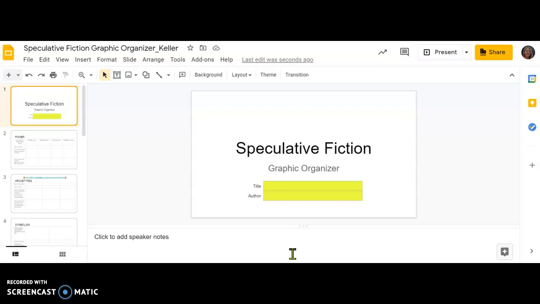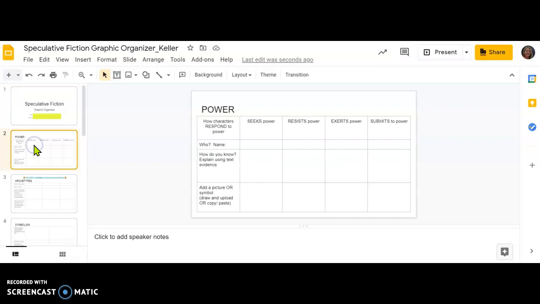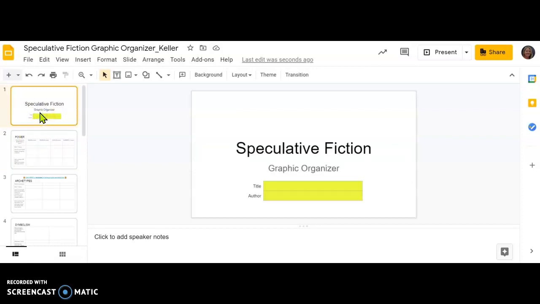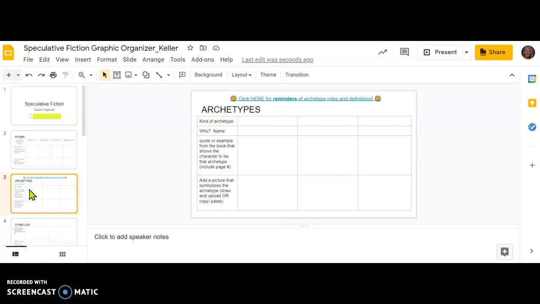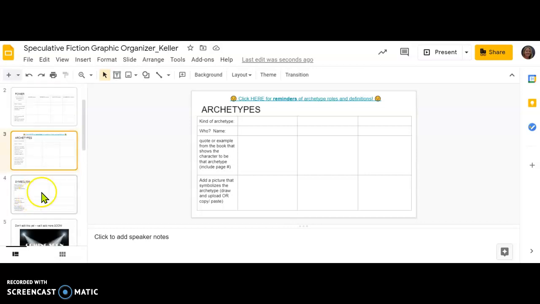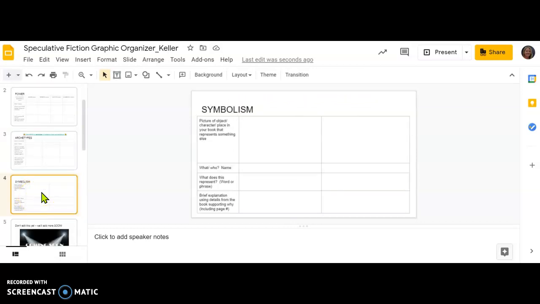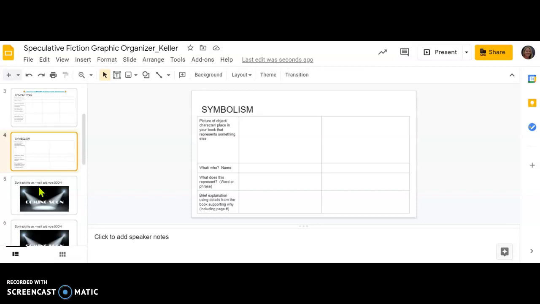Okay? So when you open your speculative fiction graphic organizer, your first slide obviously will be your title and your author. Your second slide will be power, and you should be filling in the blanks. Your third slide should be archetypes, and currently your fourth slide should be symbolism. If you do not have either archetypes or symbolism, what I want you to do is I want you to